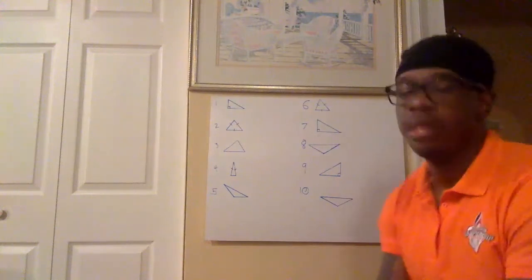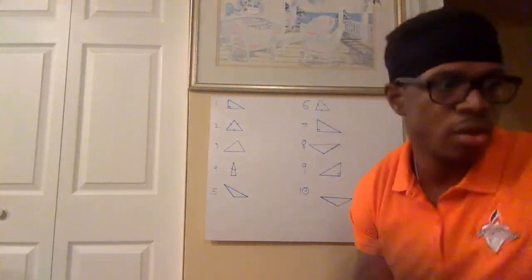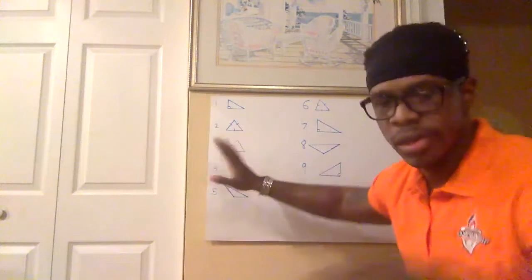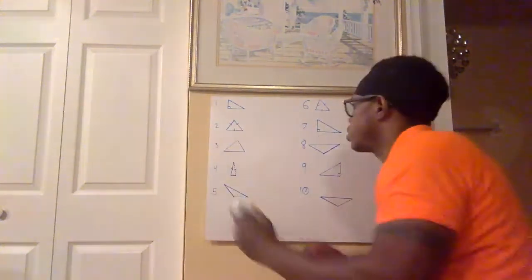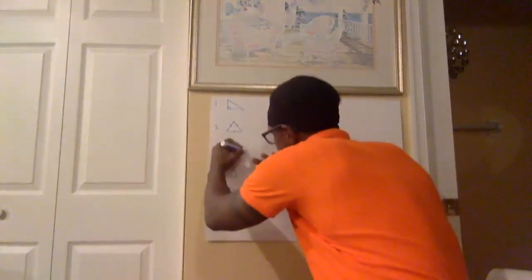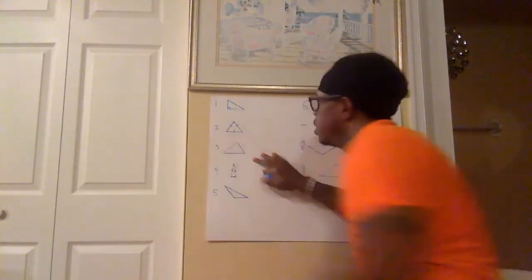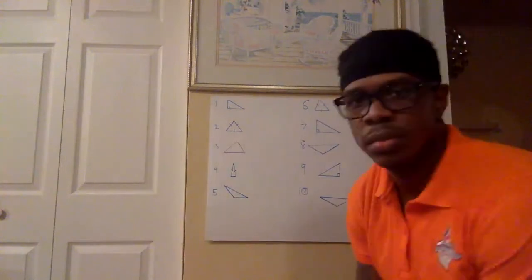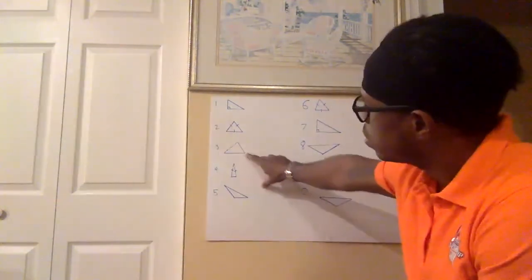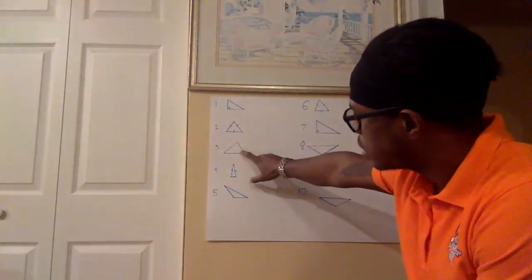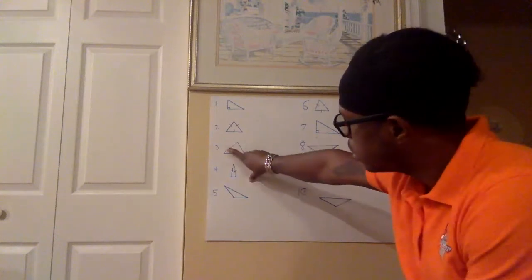No, I would be incorrect. Again, you can always measure the angles. What I like to do is put those lines there and measure it. If it's less than 90, it's acute. If it's greater, it's obtuse. So this is less than 90 because it's over here. Less than 90,